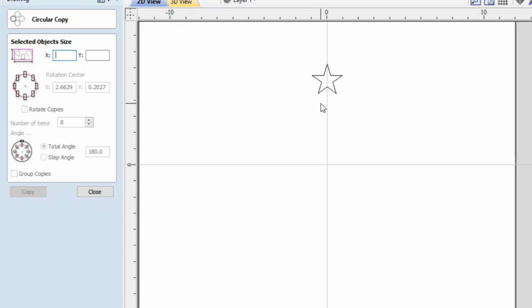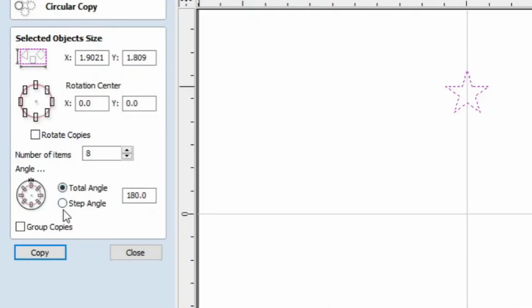And what we're going to do now is, you see all my fields are blank again. They're kind of all grayed out because nothing is selected here. So I'm going to select the star and everything's highlighted again. This is back on 0, 0. And now I'm going to come down, and instead of going on total angle, we're going to go on step angle right here. So what that's telling me is it's going to place a star at every angle that I